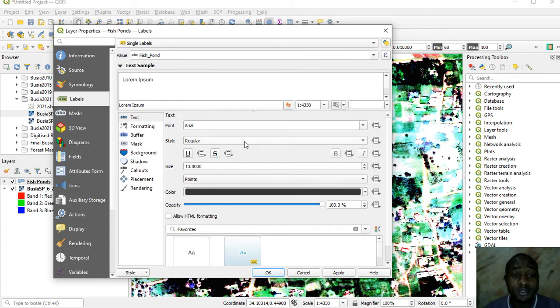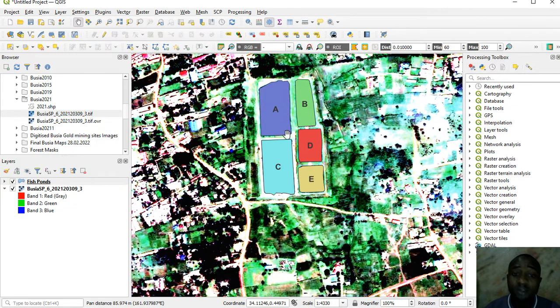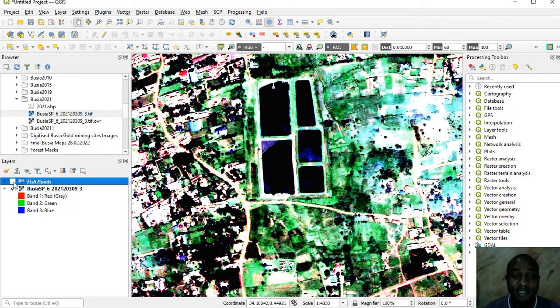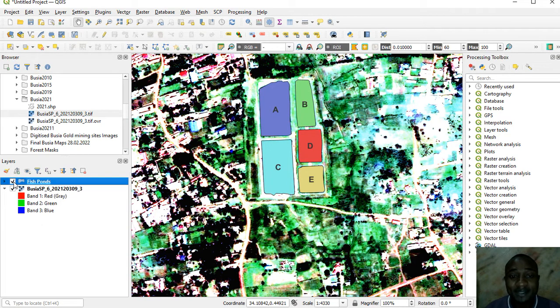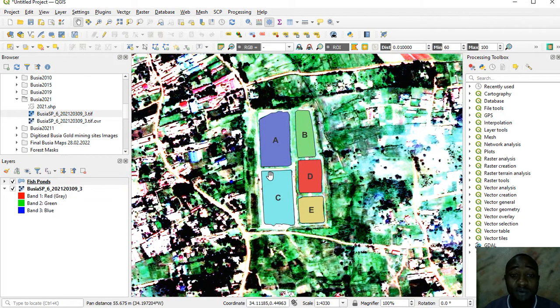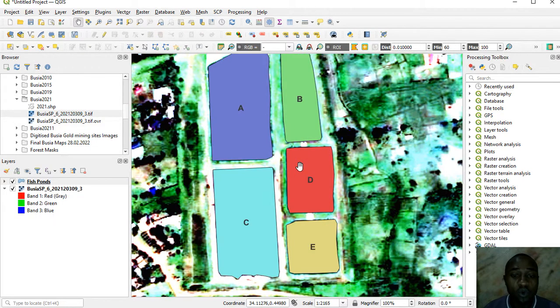So fish pond, so you can change from regular to bold. I can change even the font size to 15 maybe. Then I apply, then I check. So as you check, you can see that these are my ponds. So when I uncheck the fish ponds, you can see what is in the background. So today we have managed to digitize. So that's how digitizing is done for a satellite image on Google,